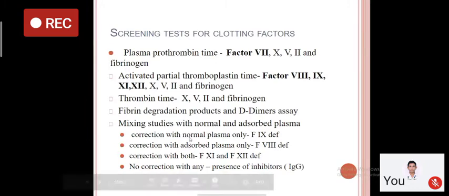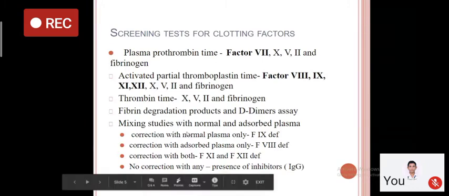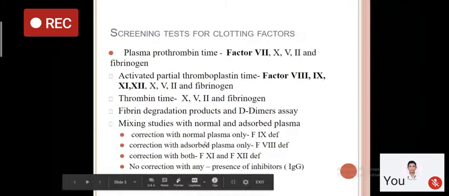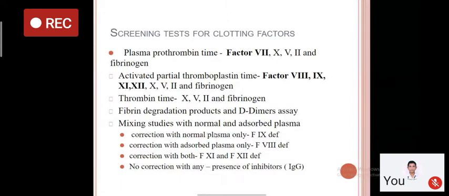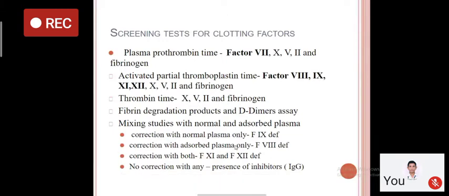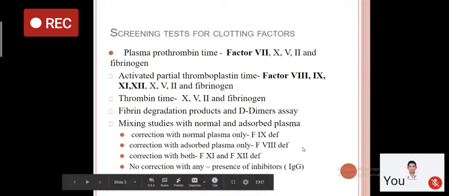So in mixing studies, the lab personnel will mix the normal plasma with the adsorbed plasma to look for which factor is deficient. If the correction is done with the normal plasma only, then factor 9 deficiency is suggestive. Then if the adsorbed plasma is able to correct the abnormal coagulation profile, then the factor 8